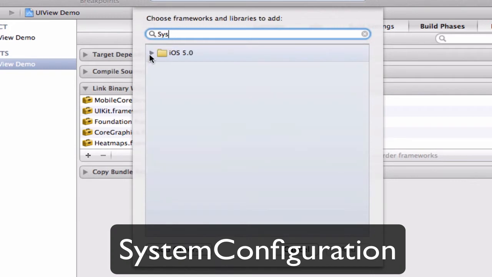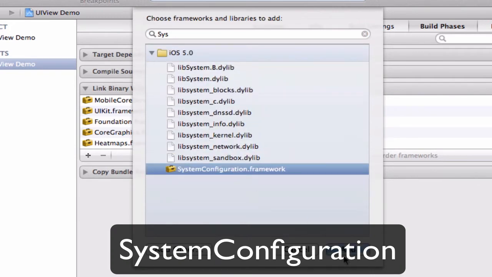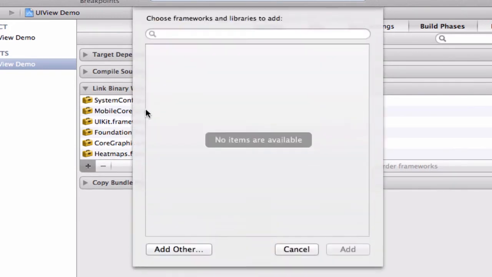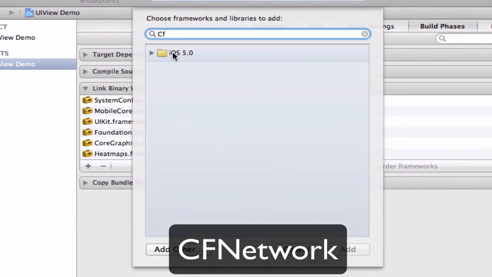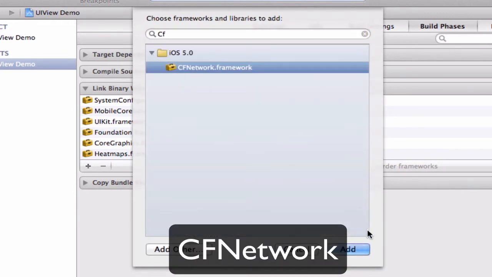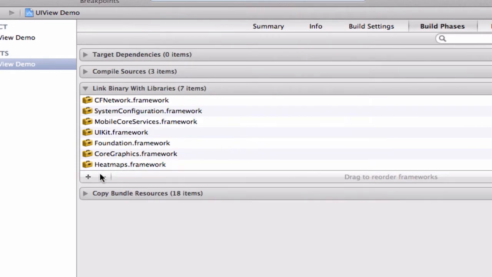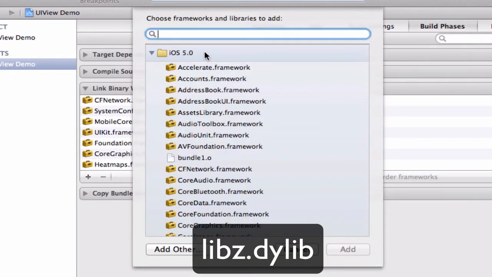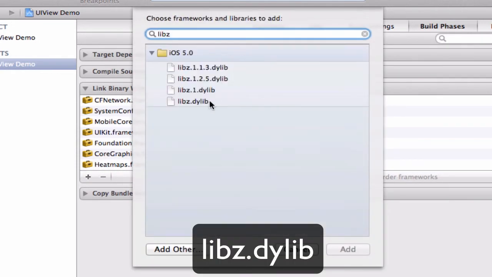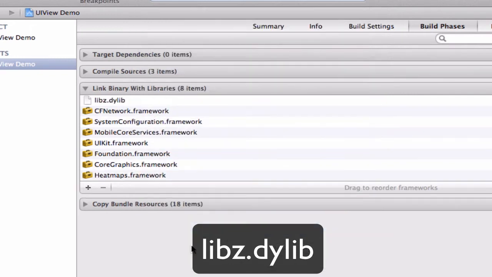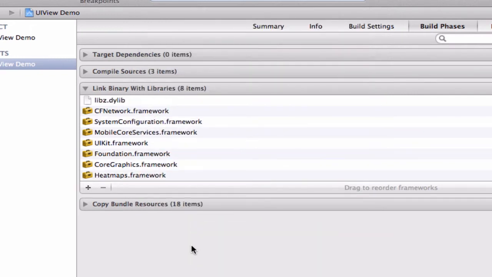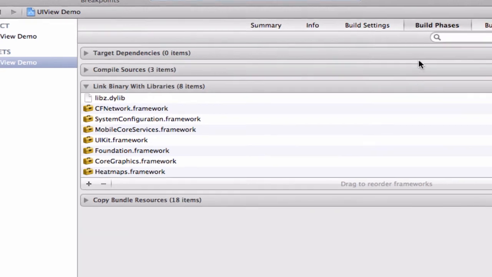I also need system configuration and CF network, and also libz. There we go. So I already have those linked,